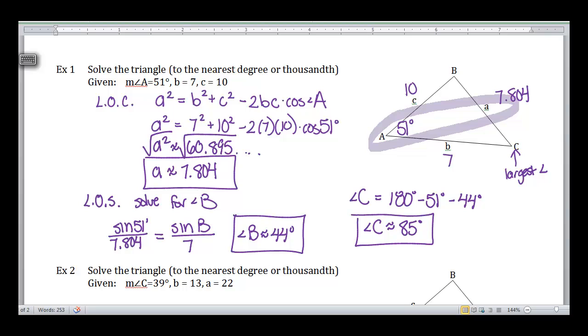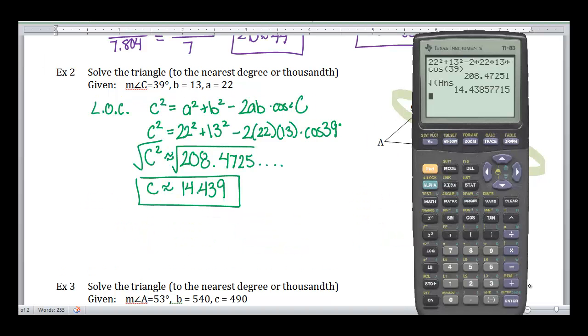Please now pause the video, set up example 2, deciding which law of cosines you should use, and then see if you can go ahead and plug everything into the equation and solve for that first side. Since you were given angle C, you wanted to solve for side C first. So if I use my law of cosines for angle C and side C, and I go through the calculations, I eventually get